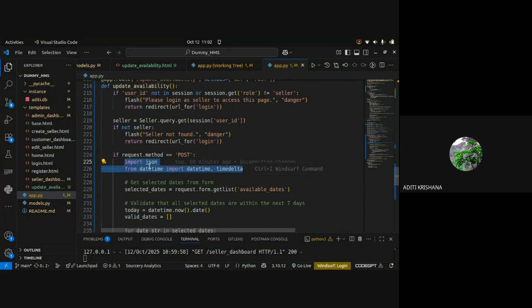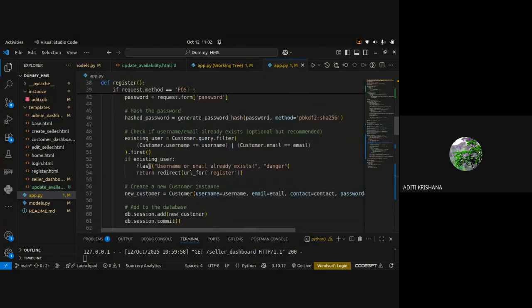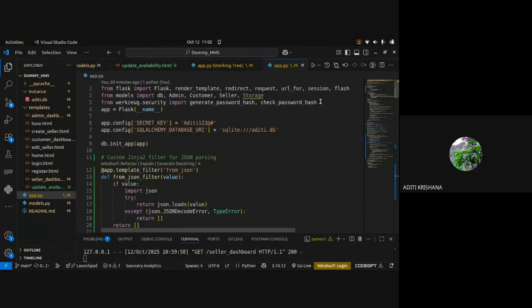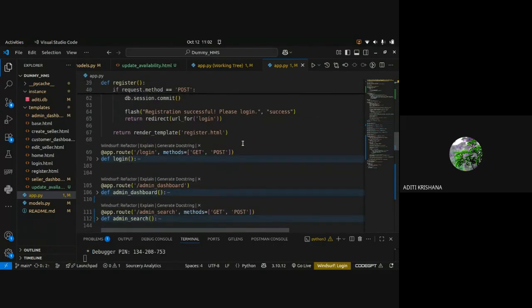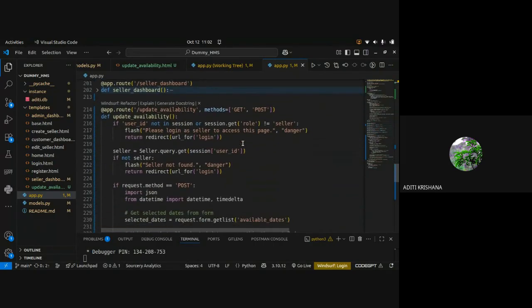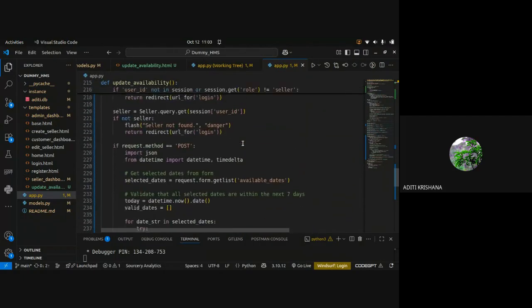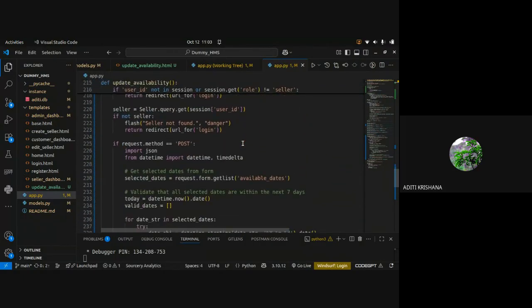This is not the correct way to write it here, but for you I have shown it here. Whenever you are importing or using any library, all the imports should be in the first lines only. Here it should have been shown. Many of you made that mistake yesterday, I saw, so I am just highlighting that. After these two libraries, I have imported JSON. Why have I imported JSON? Because the dates will be saved in a list format, and JSON does that in a standard way.